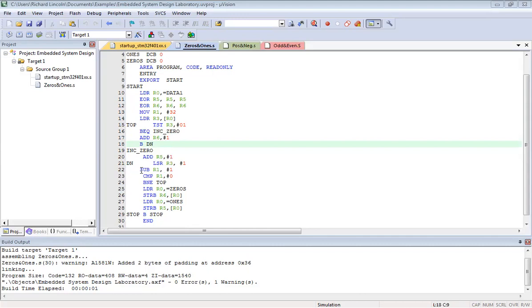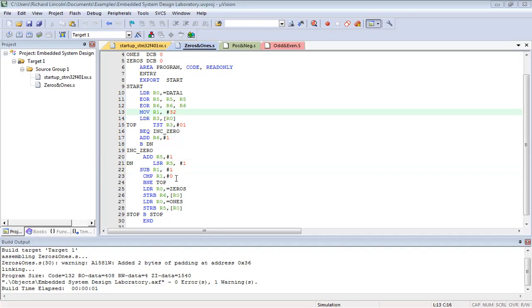Next, what I have to do here is subtract R1 with 1 so that I will know that out of 32, the next one becomes 31. So I still have about 31 bits to check. The shifting operation happens. If you can recall the diagram which I showed in the earlier part of my explanation, every time the shifting happens, it is going to check. You can see here there's a logical shift right. So R3 is actually moved with logical shift right. Each time it moves, I'm going to subtract, and that will reduce my count of the number of bits to be checked.